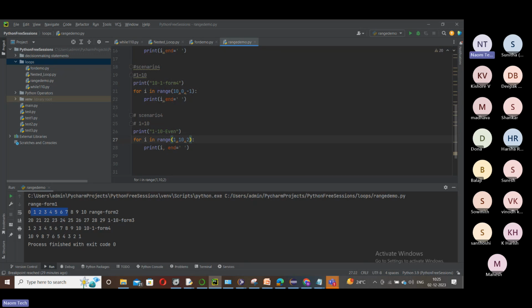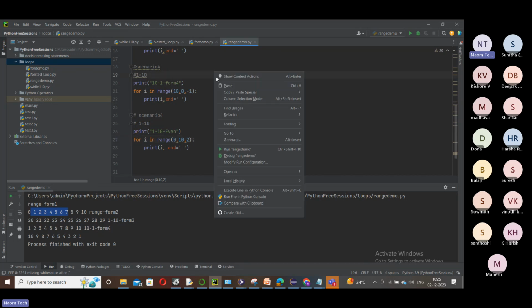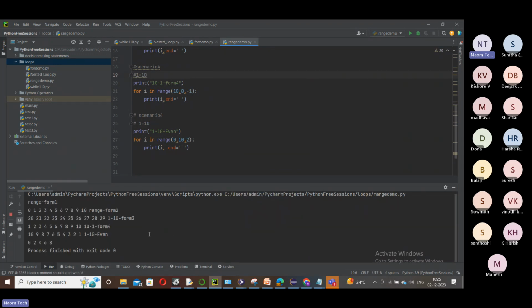Of course, I don't get even numbers in this scenario, I get odd numbers. So what should I do now? Make a small change to the start point: 0. Right, so now my step is 2 here. Then when I run this, see the output. What happened? So here it is 0, 2, 4, 6, 8.